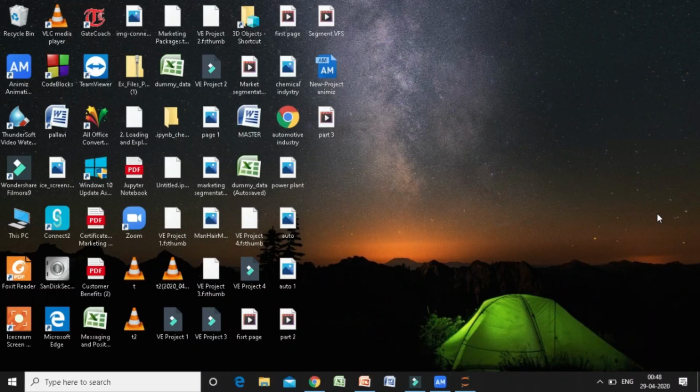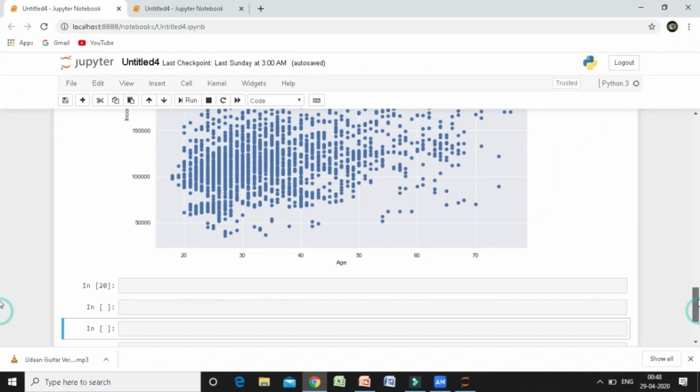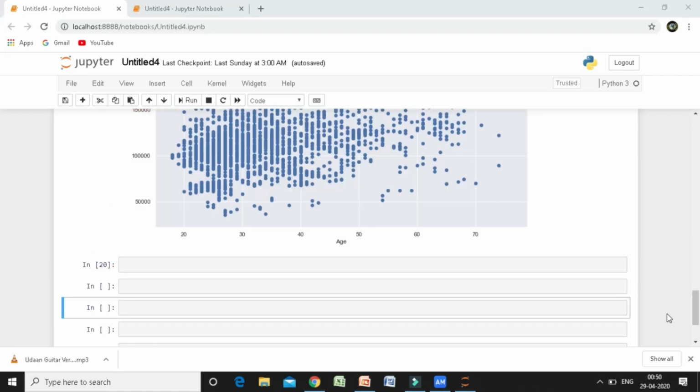First I will show you where we left off in the last tutorial. Jupyter is open on my laptop. We have plotted the scatter plot of our data. Before starting the segmentation, we have to standardize our data. I'll tell you why standardization is important. Suppose you have two data points A and B, and the difference between the age of the two data points is 50, and the difference between the income of the two data points is 50,000.